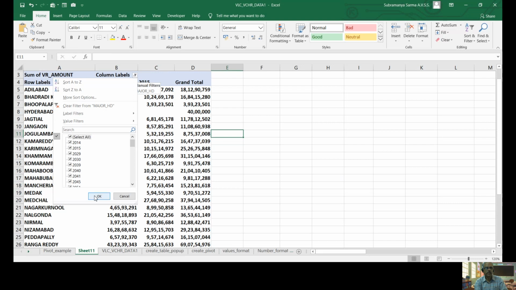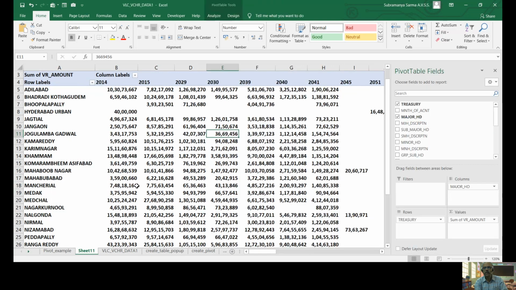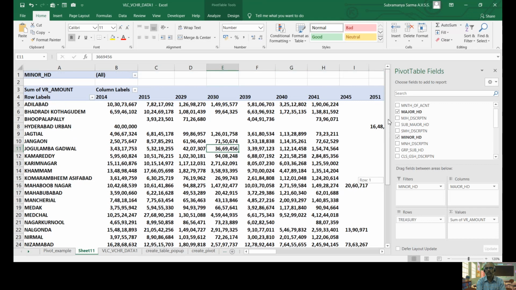But pivot table has given a facility, that is the filter box. If you want to apply a filter on minor head, you have to drag and drop this minor head into the filter box. Once you do that, at the top, in the first row, it will create a filter for minor head.